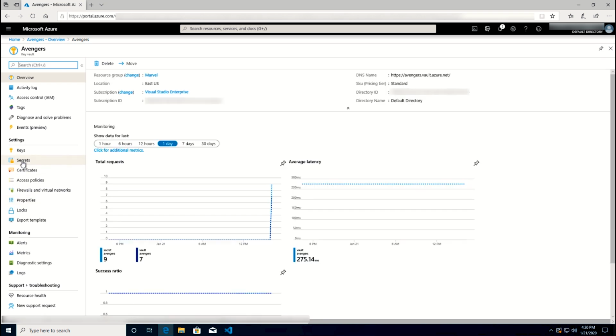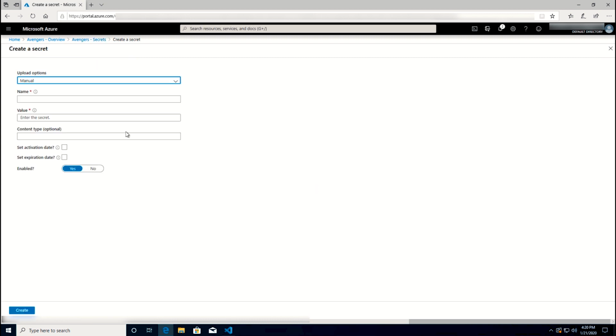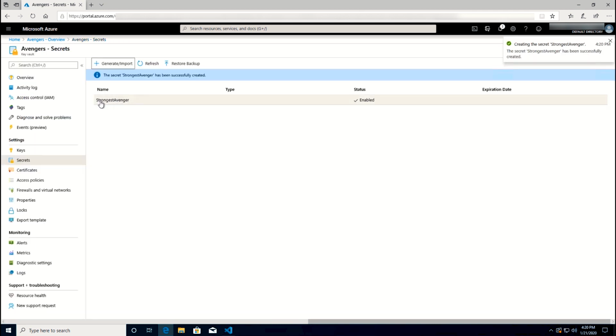We're going to drill into the secrets area. We're going to do generate and import. We're going to leave that as manual. We'll give it a name as Strongest Avenger, and we'll put in our secret there. Go ahead and click on Create, and you can see that it's already been created,